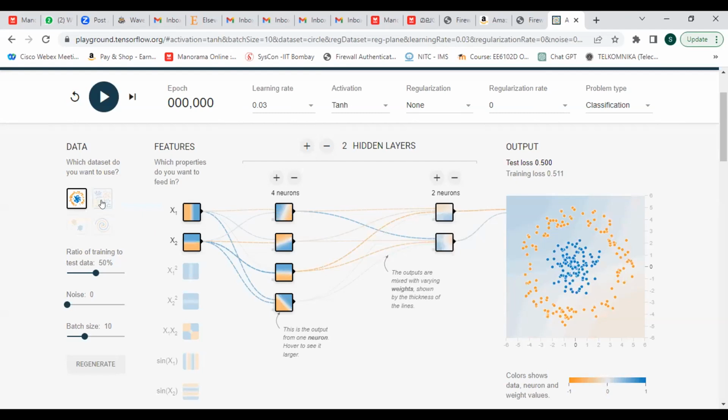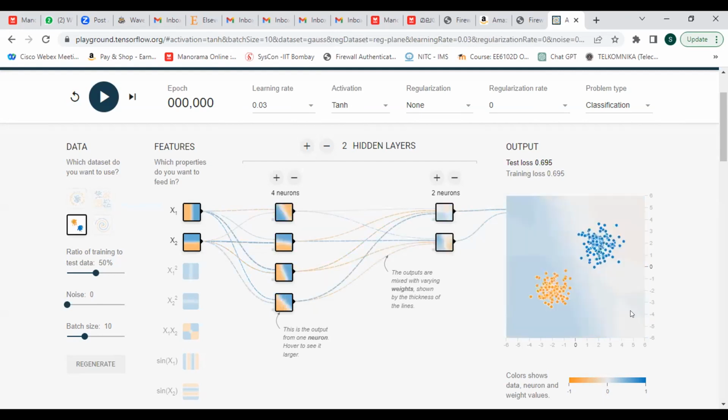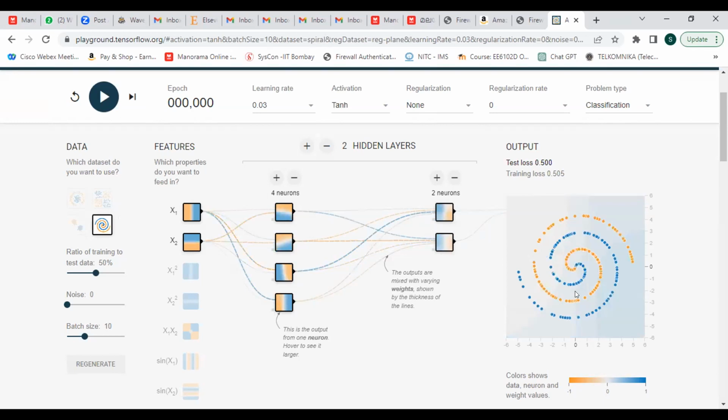Now I can come to another data set. Here, this is another data set. You can see more complicated hidden layers are there. And what is this case? This is a linear curve, right? You can clearly draw a linear decision boundary between the positive class or yellow class and the green class. You can see this is a much more complex network, or I can say that the decision boundary is a kind of spiral, which is so complex.